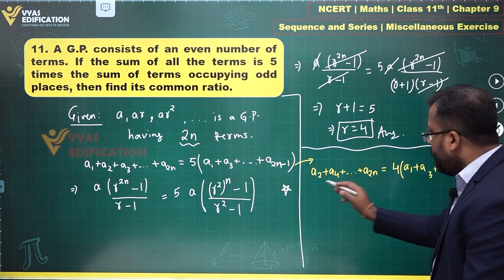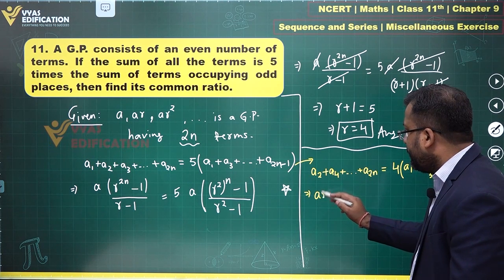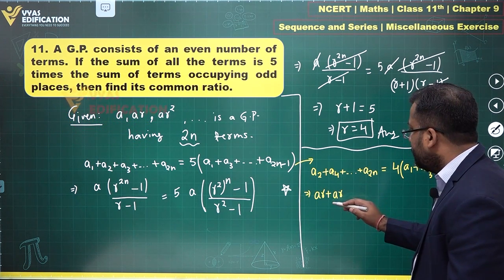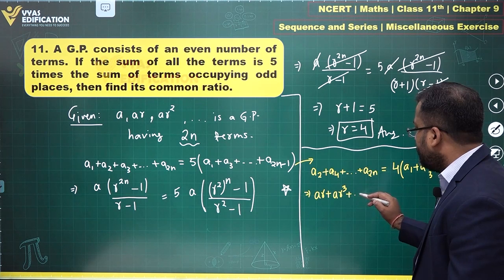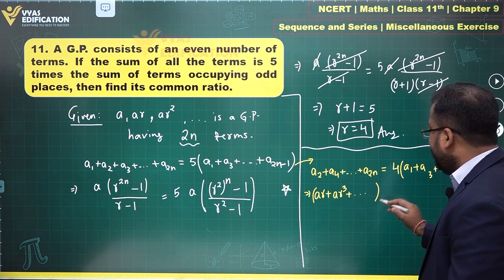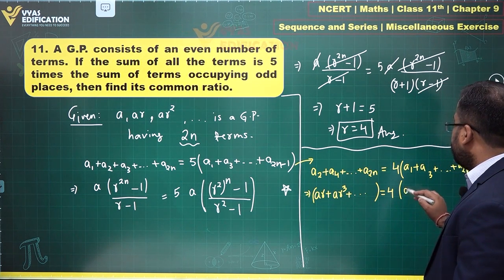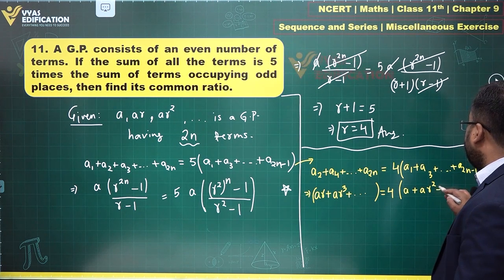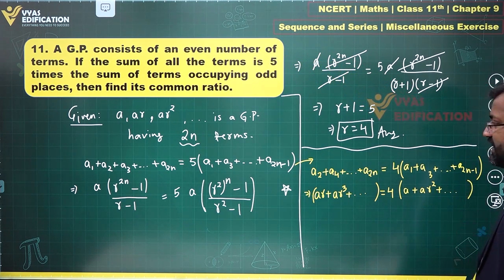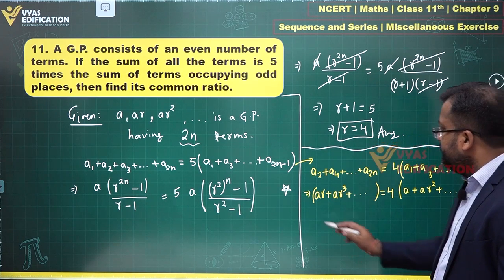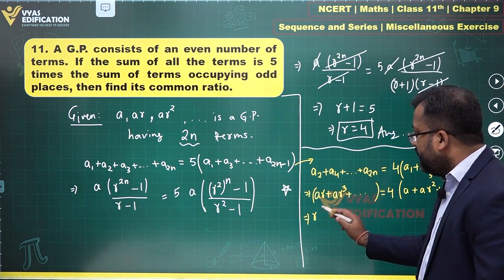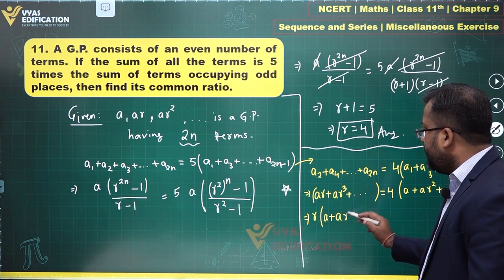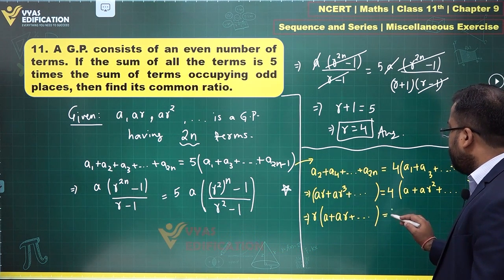Yes. What is a2? a2 is ar. This is ar power 3 plus dot dot dot. These are n terms. This is 4 times a plus ar square plus dot dot dot, n terms again. These are n terms, these are also n terms. Do you see that I can take out r common? This is a plus ar plus dot dot dot. This is 4